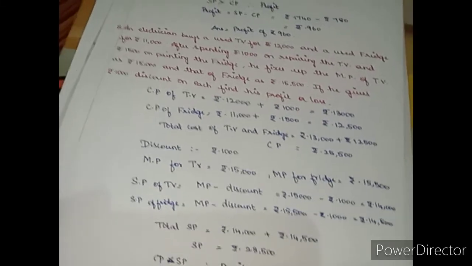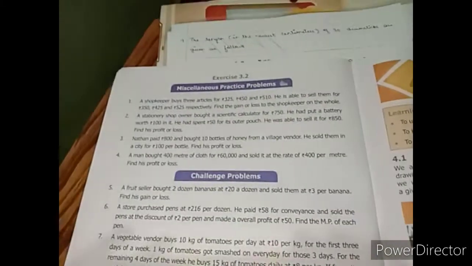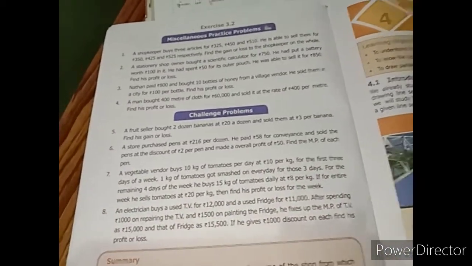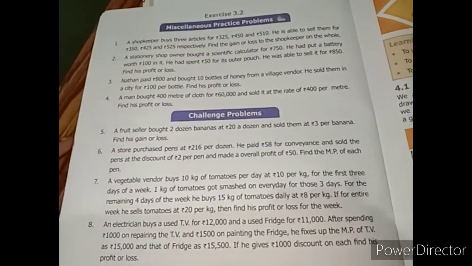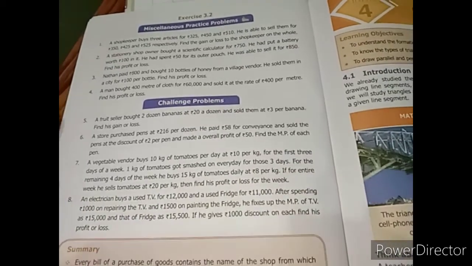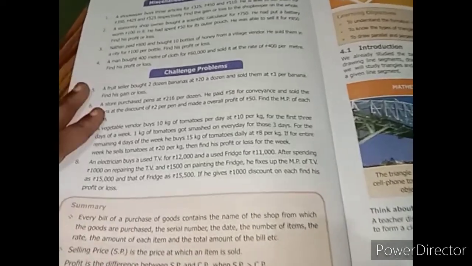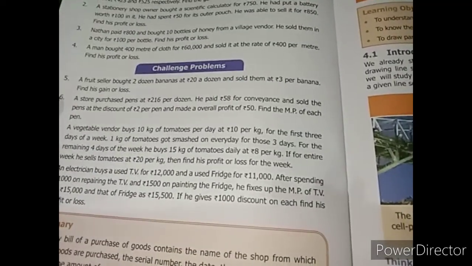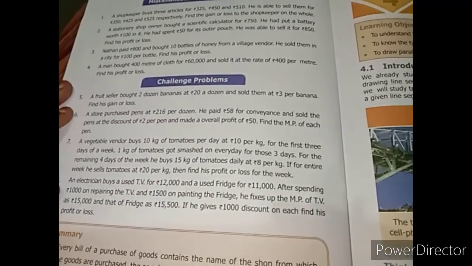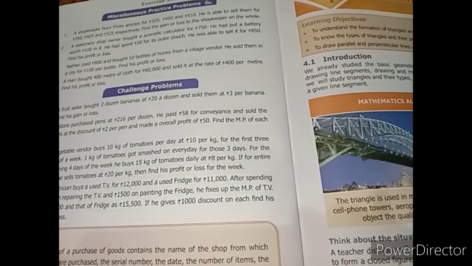Okay students, so with this we are completing our exercise number 3.2. Because all the sums are tricky and twisted, so I didn't give you any homework sums in this exercises. Okay students, so with this we are completing this exercise and also this chapter. So we are going to have the next chapter for the next video. Okay, so complete your classwork, complete your homework and submit your classwork to me for corrections.